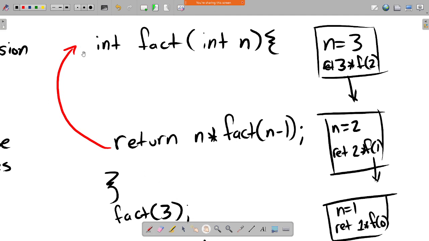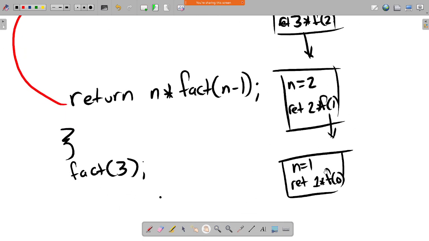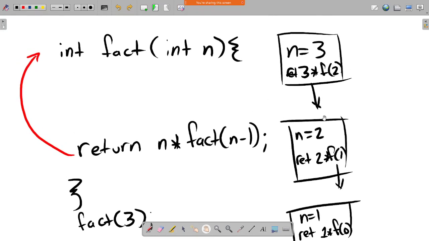Okay, so it jumps back up to the top again, and you can probably see where this is going. It's going to call it for 1 times f of 0, and then 0 times f of negative 1, which first off we know is not the right answer anyways, because that would give us 0. 0 times anything is 0, and this would multiply its way back up. So we have an issue here, in that it's going to keep counting downwards. This minus 1 is going to keep calling it, first 3, and then 2, and then 1, and 0. And it goes on unbounded until it either overflows, which probably not, or